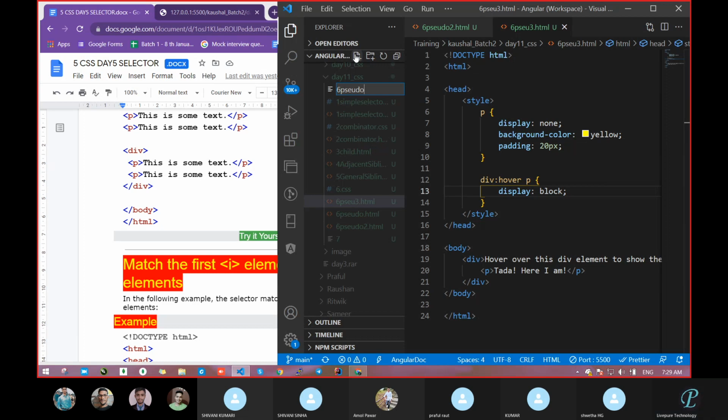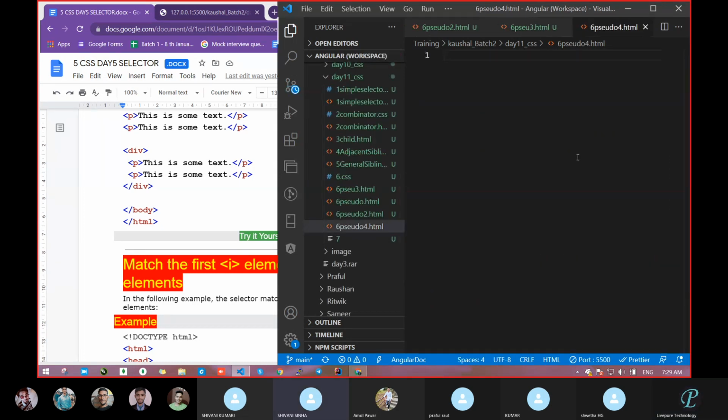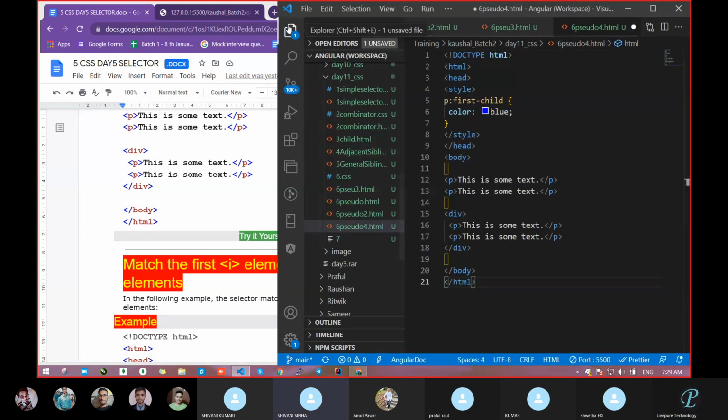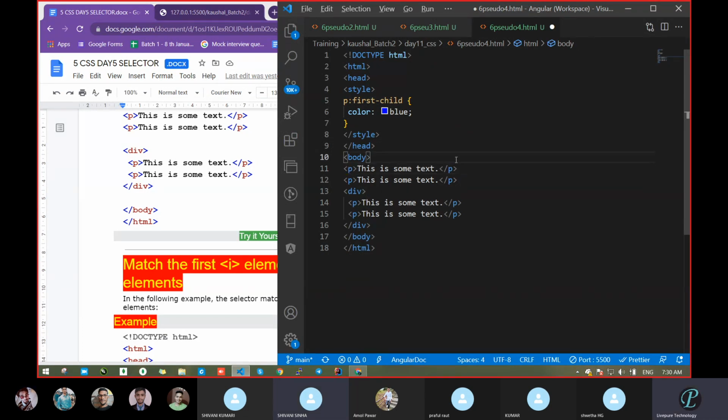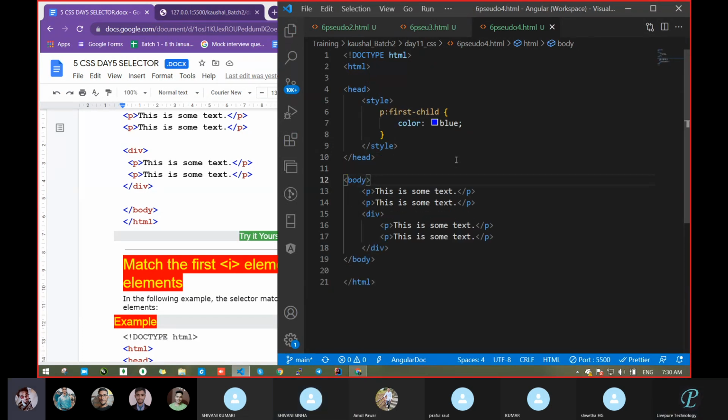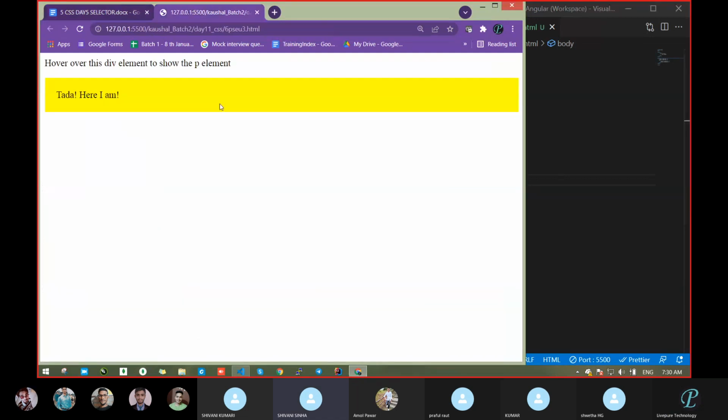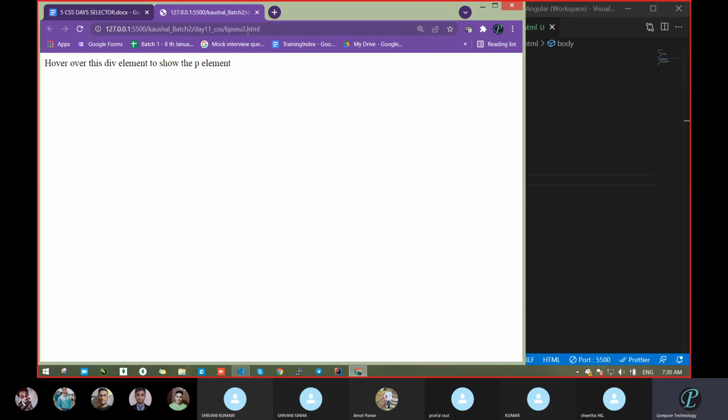Pseudo, which one? 4 dot HTML. In the UI, in this case, if we put the cursor anywhere in the line, what do you get?